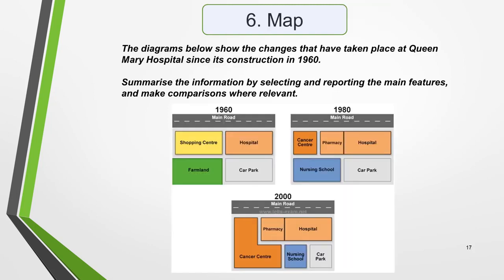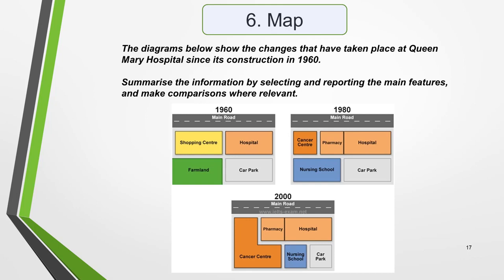You could also get a map question. It will most likely ask you to compare 2 or 3 maps of a place over a period of time, as in this question. The diagrams below show the changes that have taken place at Queen Mary Hospital since its